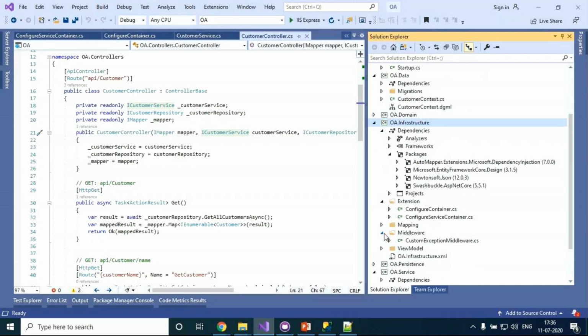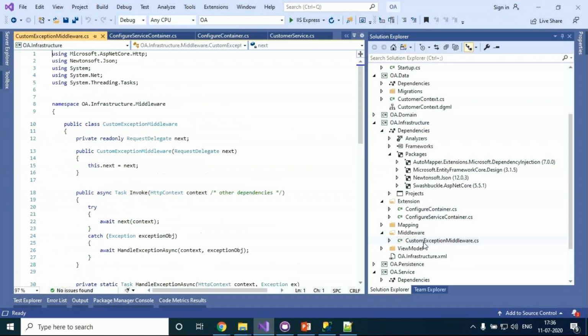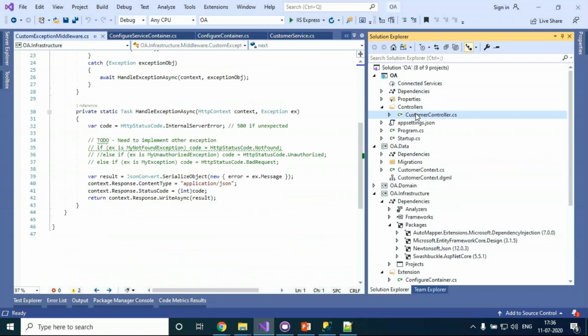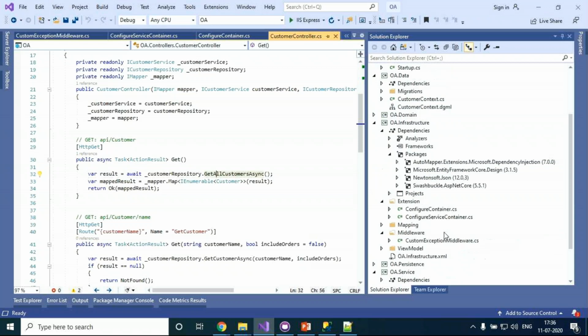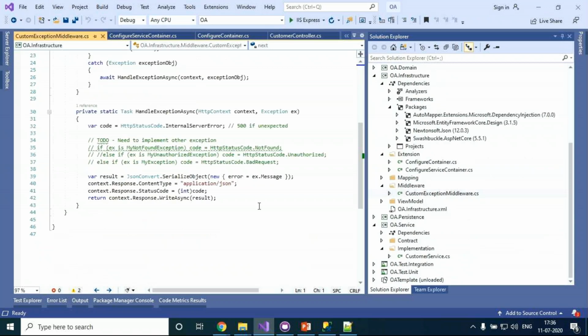For that, I created global exception handling. Now, if you see my customer controller, there is no try and catch. If you want to have any logging, for example in case of a database access problem, the logging will happen directly in my exception middleware, and we are making use of that. I'll show how we can implement that logging also in the next demo.